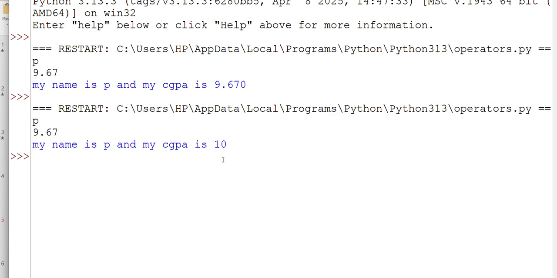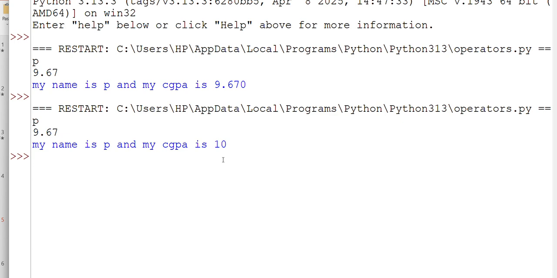Okay, if I'm simply using percentage f, I'll be getting 6 values after the point. That means if I'm entering 2 values after the point in the input, all the rest of the values will be 0. The length will be 6 values after the decimal if I'm using percentage f. If I'm using percentage dot f, in that scenario the value will be rounded off, whereas if I'm using percentage dot 2f, that means 2 values after the decimal. I hope the concept of percentage formatting is clear for everyone. For string I'll be using percentage s, for digit I'll be using percentage d, for float I'll be using percentage f.